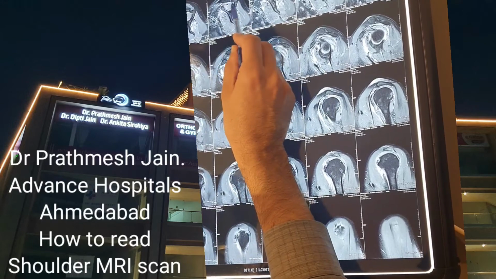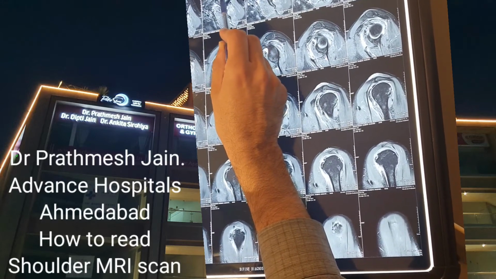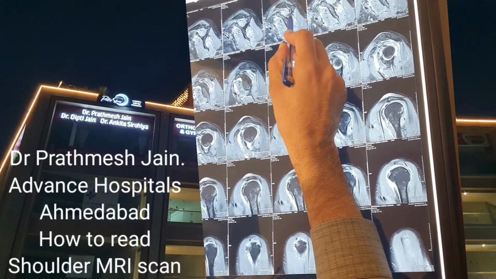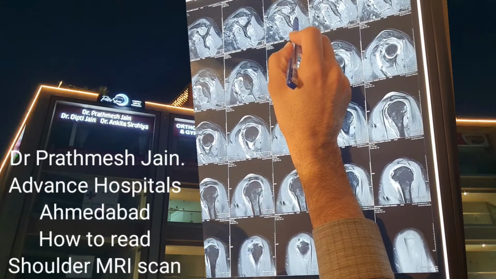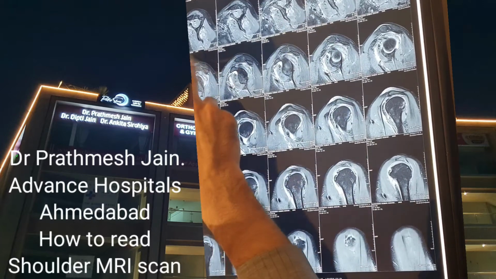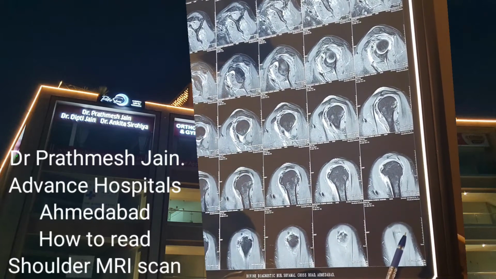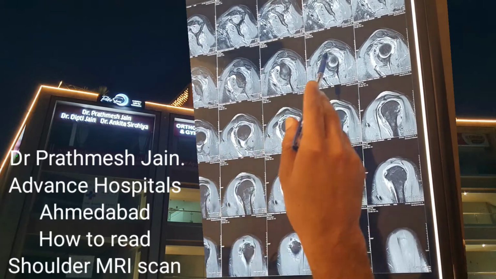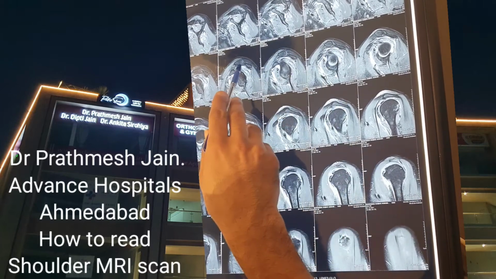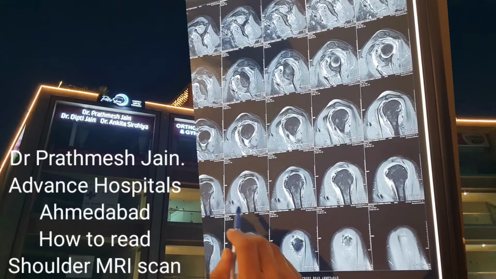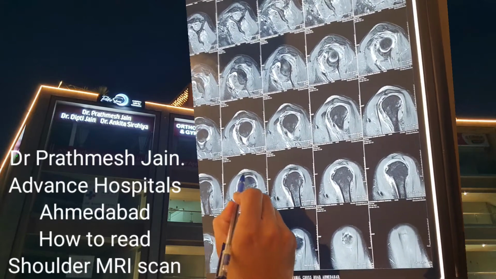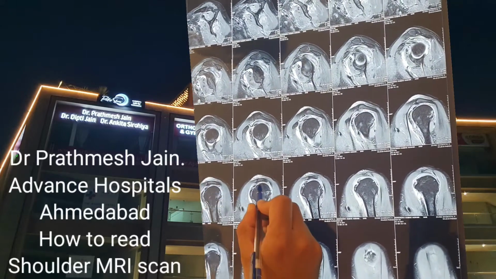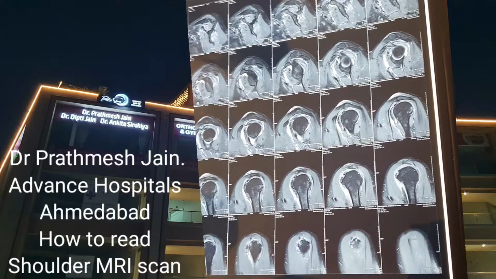We can see the tangent sign. If you want, you can draw a line from here to here. This is the supraspinatus, this is the subscapularis, and this is the infraspinatus and parts of teres minor. And you go from medial to lateral in this direction. Now here you can appreciate the acromioclavicular joint. This is the acromioclavicular joint that you can appreciate. And on the lateralmost edge, you can appreciate that there is some spur as well. If you see this pointed area, this is suggestive of an acromial spur.